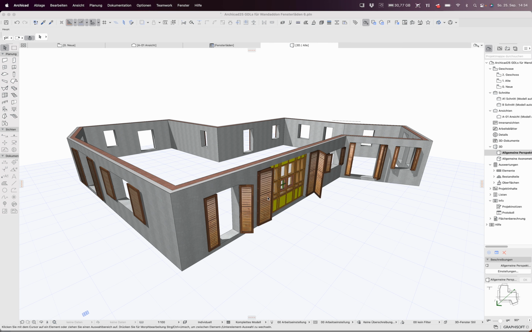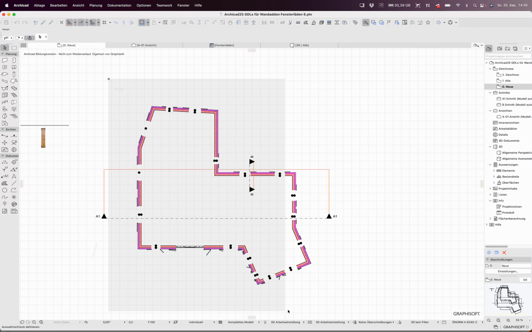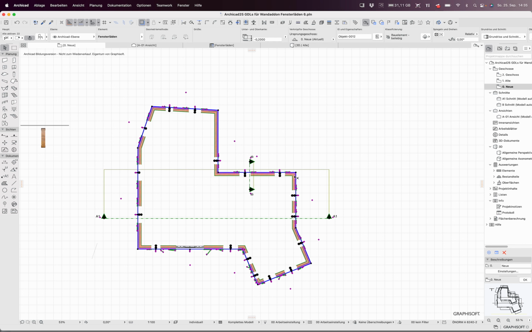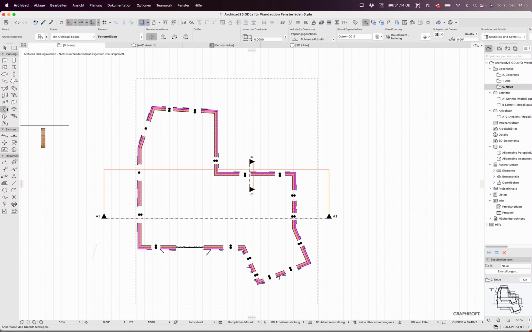And I did some things into it, and now I show you the whole process so that people who didn't see the first video can see what it's capable of. So here I have a very simple ground floor situation, and I just delete all the objects, Command A and delete. So now I have,